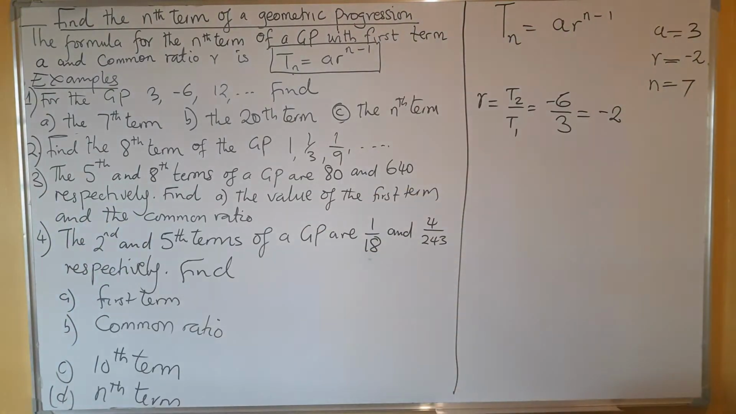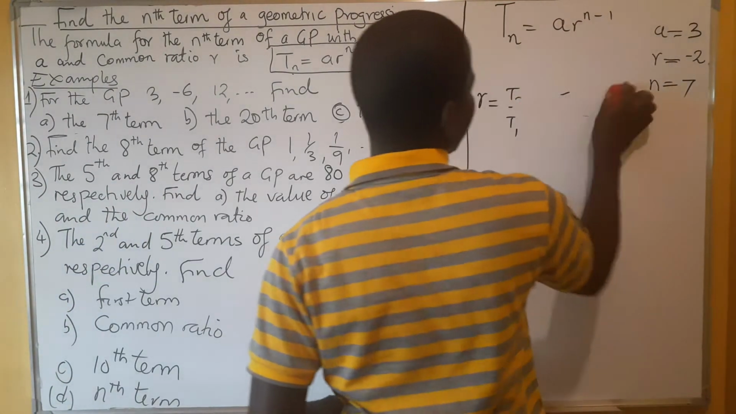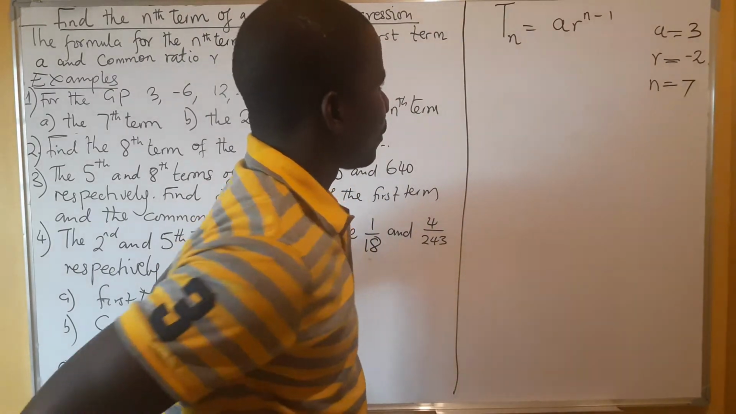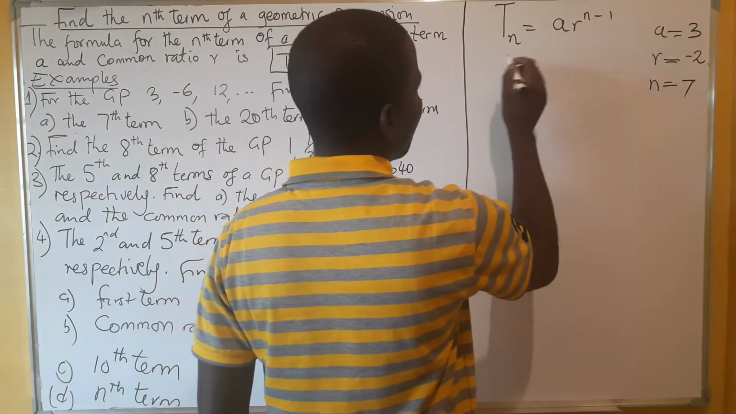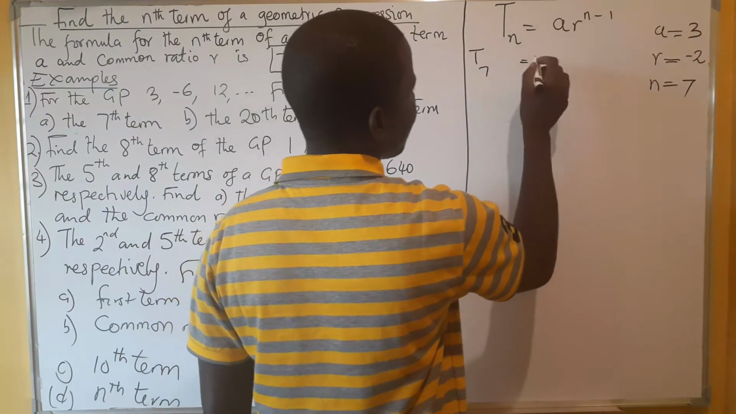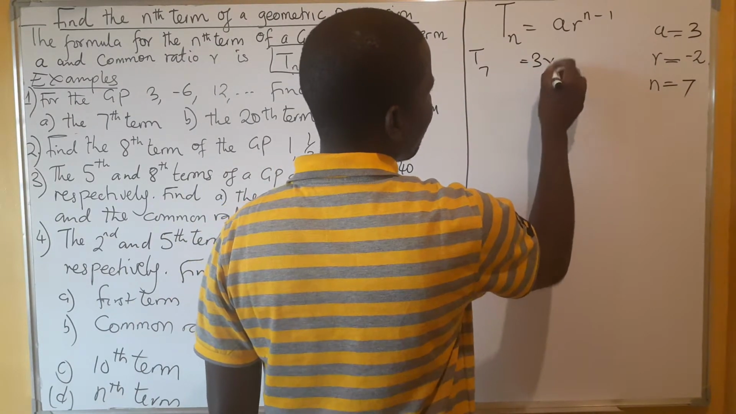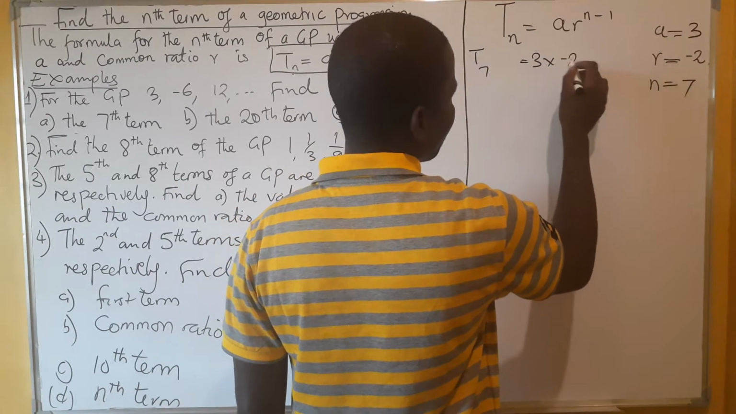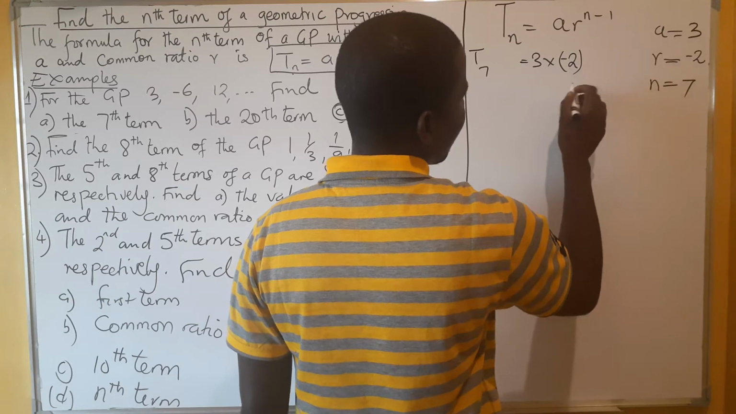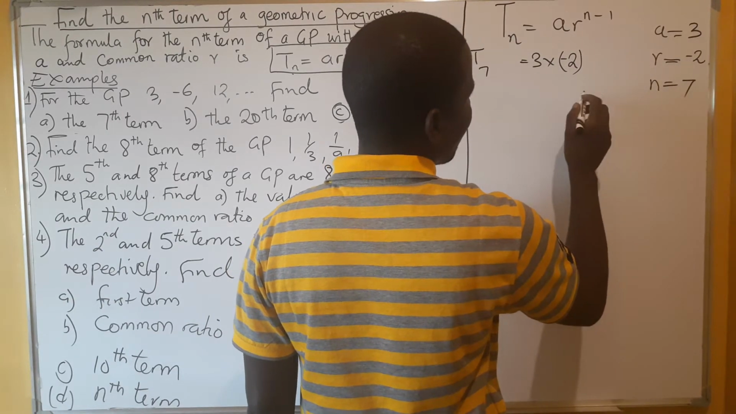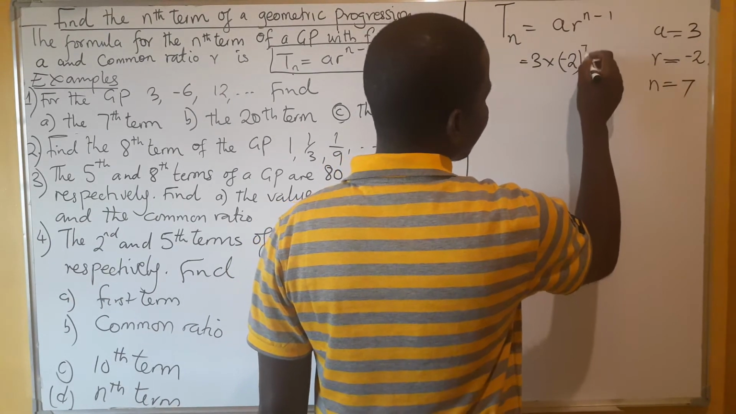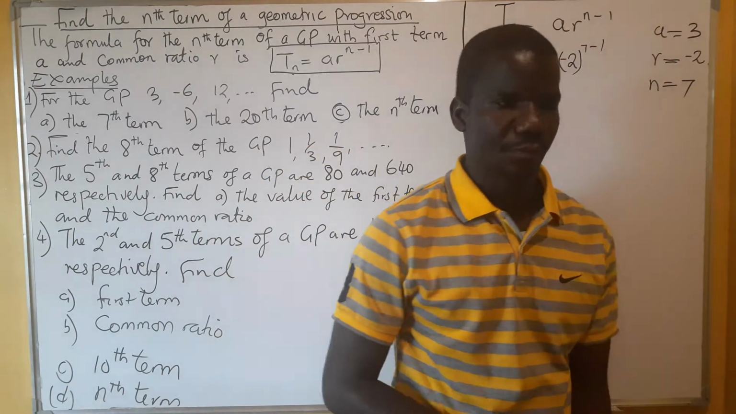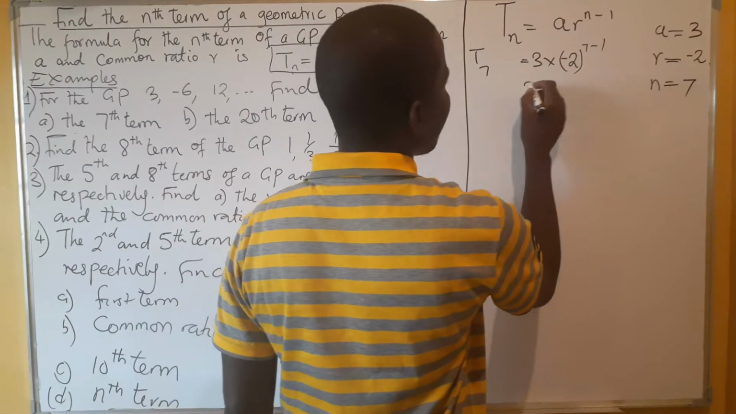Okay, so let's proceed to find the actual 7th term. So this is what we're going to do. T7 is a, 3, multiplied by the common ratio, which is -2, raised to n, which is 7 minus 1. So we say 3 multiplied by